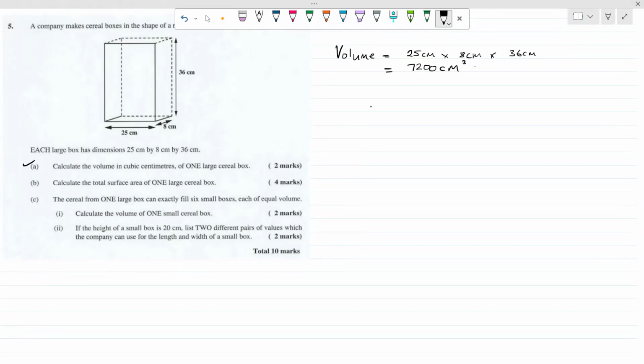Calculate the total surface area of one large cereal box. So basically, we're calculating the area of each of the faces of the box. Right? Now, there are two. This rectangular face to the front here is 25 centimeters by 36 centimeters. And there's two. There's one to the front and there's one to the back. So the surface area